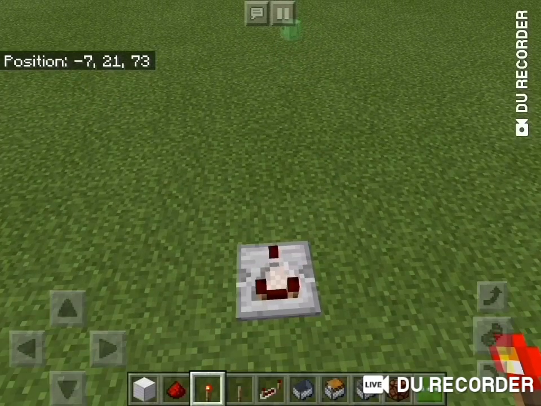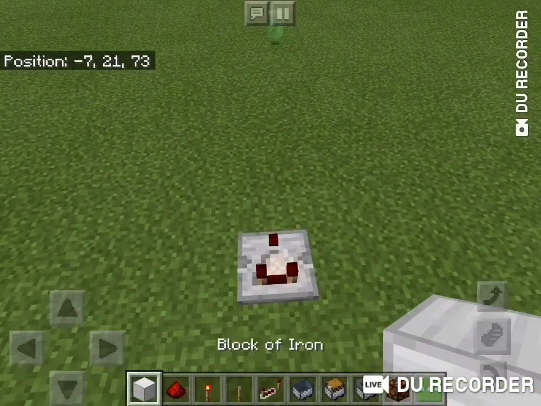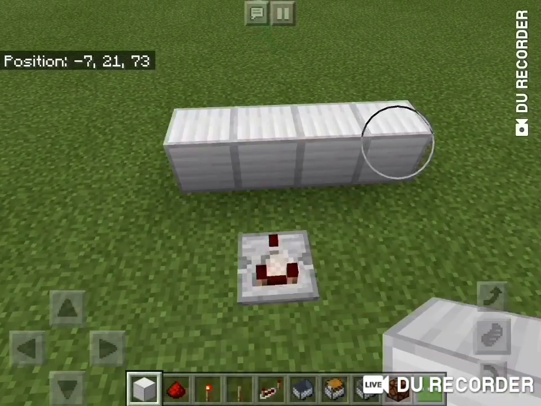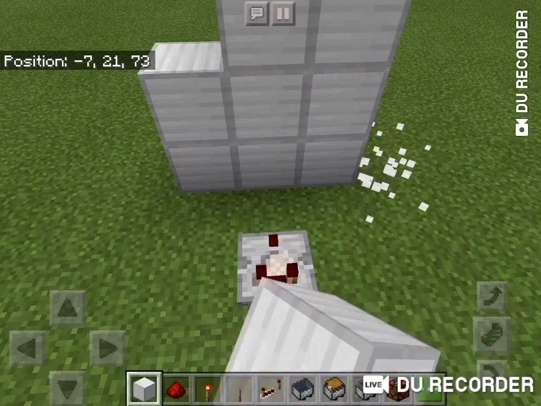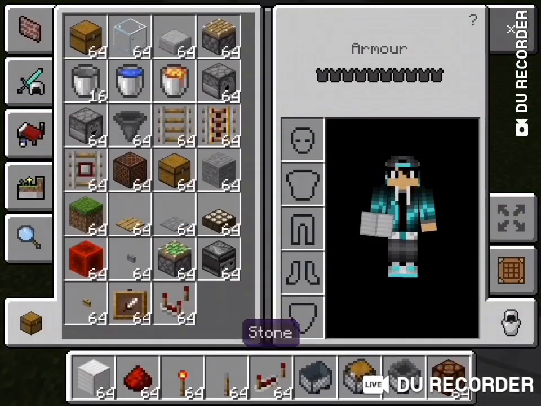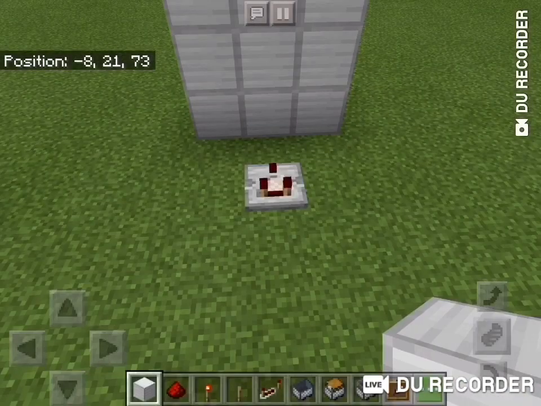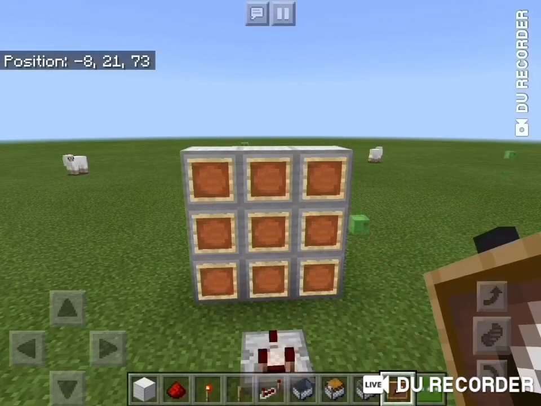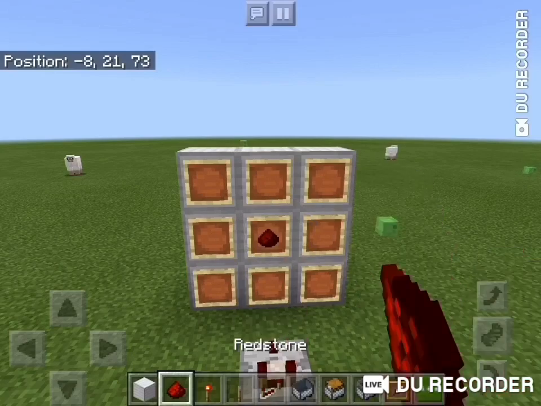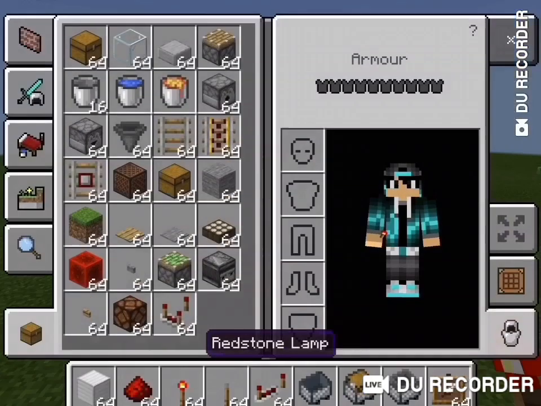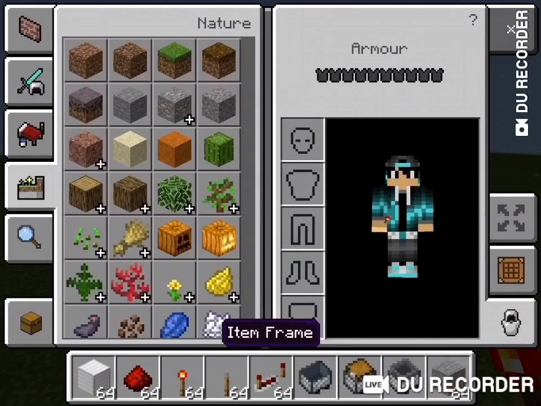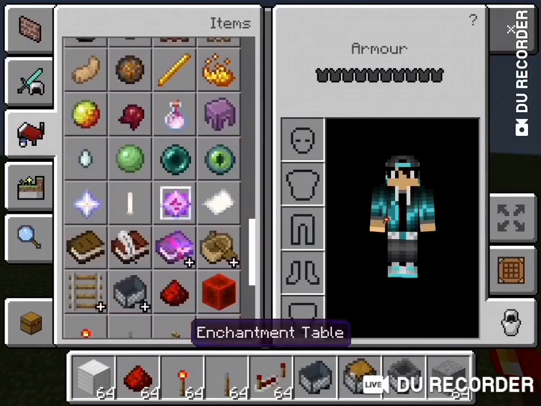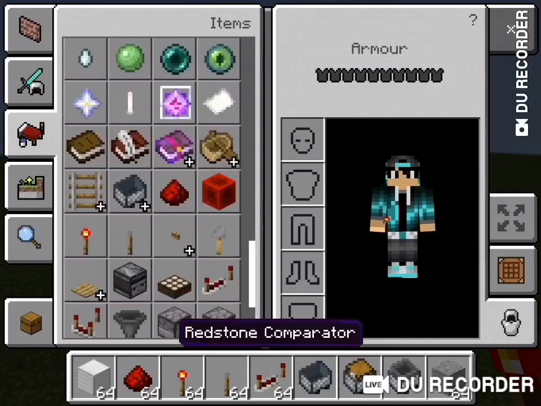Now, what does this thingamajig do? Well, it's probably one of the more complex pieces of redstone machinery, in that it has plenty of different uses. Now, the way you craft it, as you can see showing on screen, is 3 redstone torches, 1 redstone dust, and